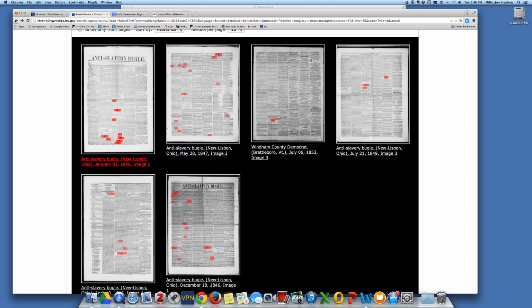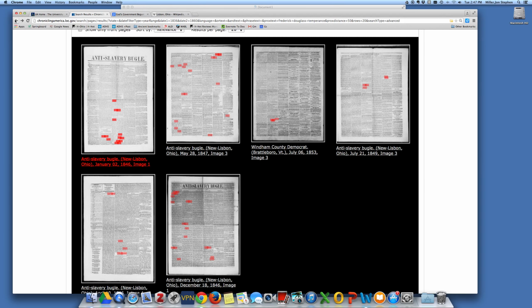So when we search for Frederick Douglass, what percentage of all mentions of Frederick Douglass in all the newspapers that are stored here are we getting? I don't know. Half of them, a quarter of them. It's hard to say. So if you're reading Douglass's biography, and there's a particular window in time that you're really interested in, you do these sorts of searches, and you realize the New Lisbon Anti-Slavery Bugle is giving all the Frederick Douglass news,